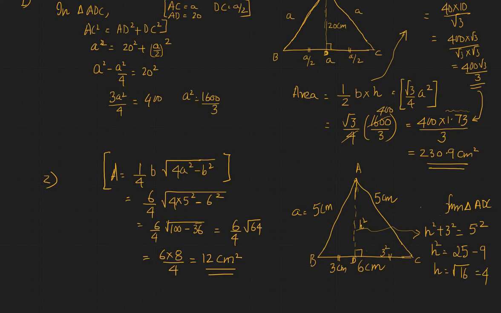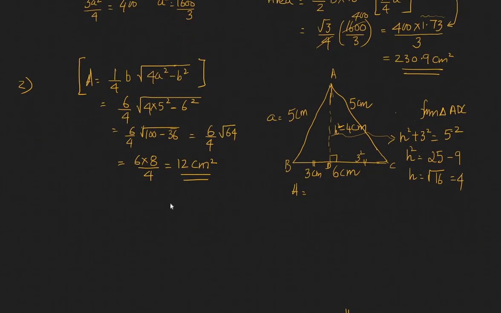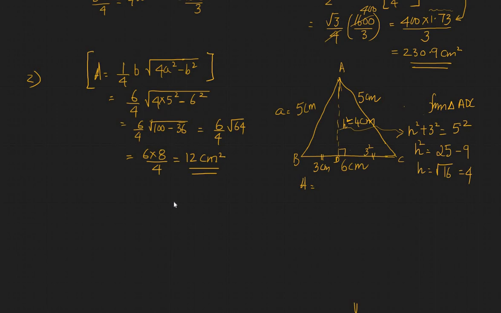So now once you know what your h is, if h is 4 centimeters, then your area would be equal to half of base into height, that is equal to half of 6 centimeters into 4 centimeters, and that will again